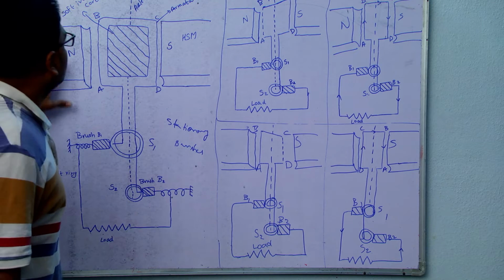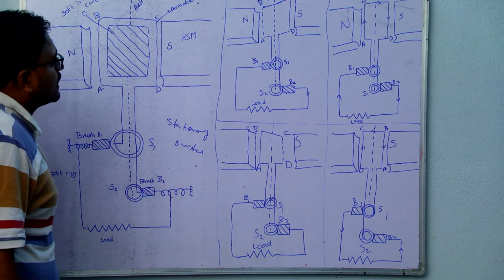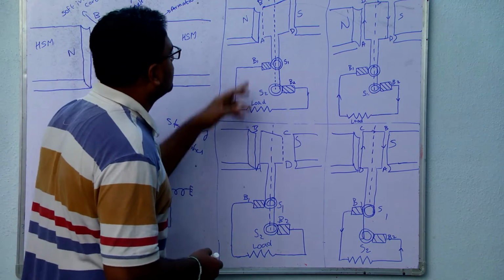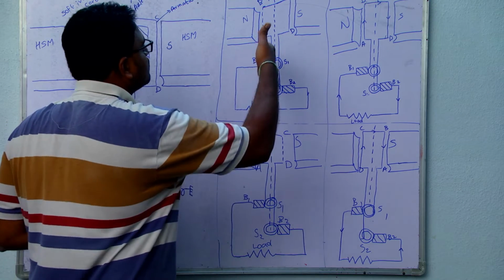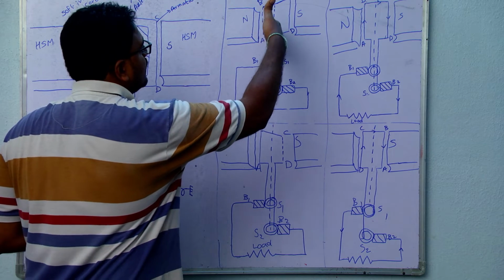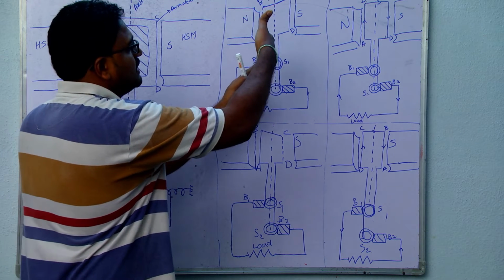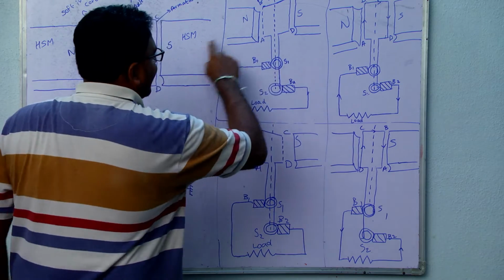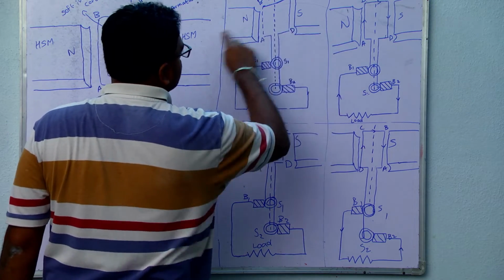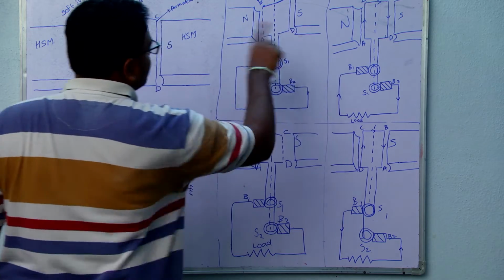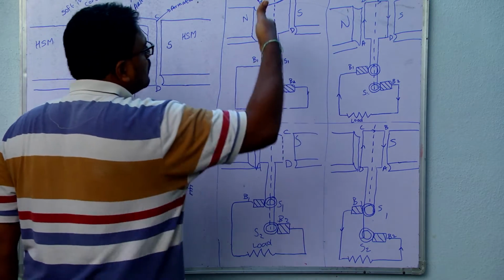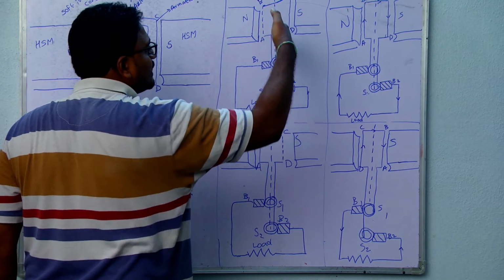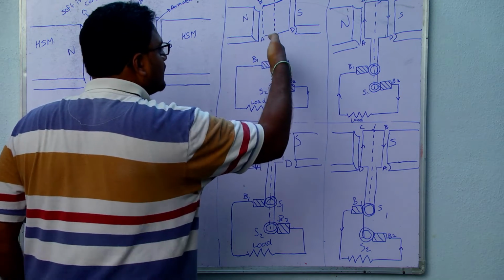Now, how does the AC generator work? Let us say, initially, let me keep the coil ABCD something like this. This is the AB end and this is the CD end. This is the magnetic field, like this from north to south. I placed the coil ABCD like this inside the magnetic field.